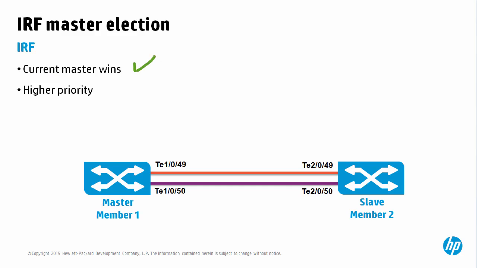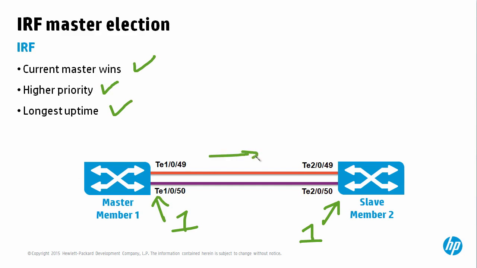Now, if the first criteria cannot be used because there is no current master and the priorities are the same, let's say, for example, the priority of these 2 switches is set to 1, which is the default, then the longest uptime is used to determine who the master device is. The precision interval for the system uptime is 10 minutes, and this information is transmitted in IRF hello messages sent